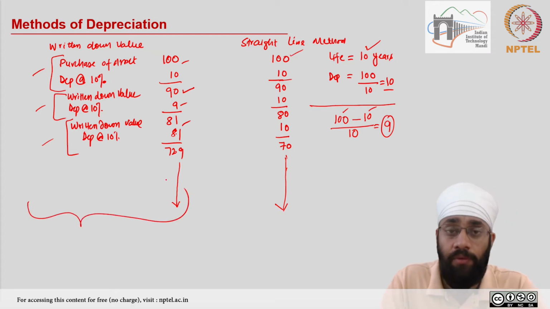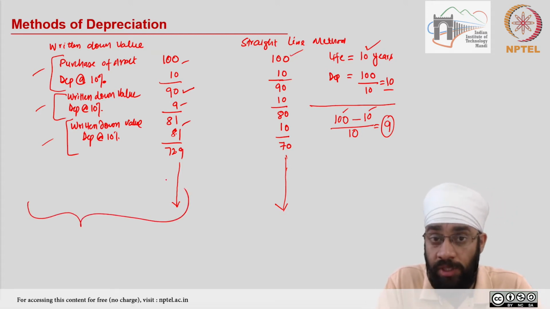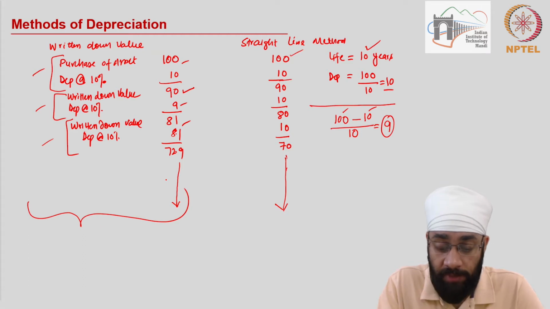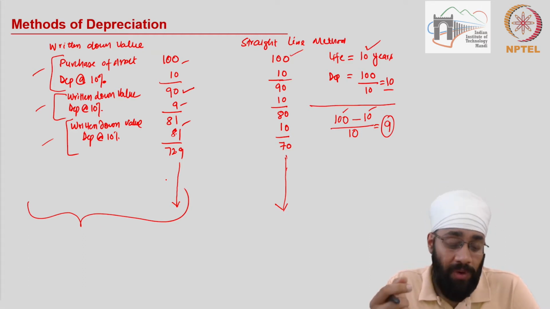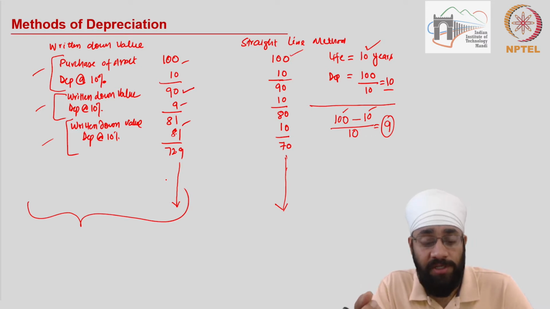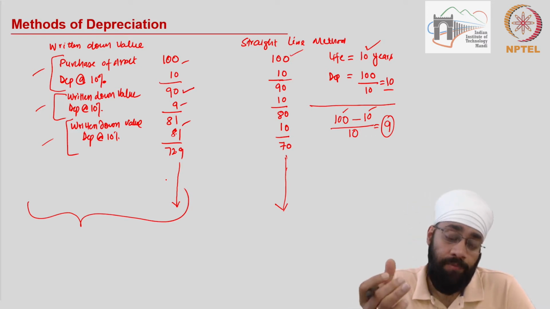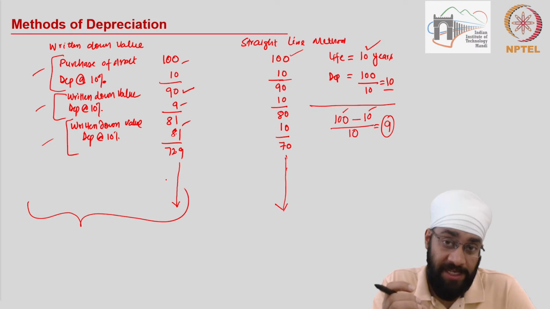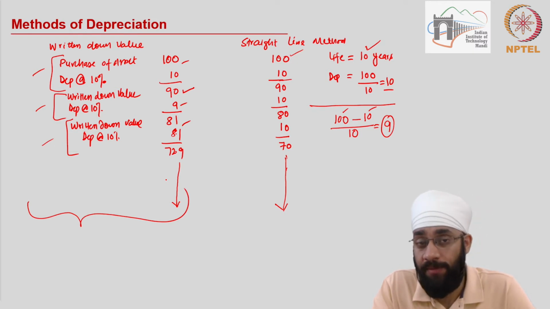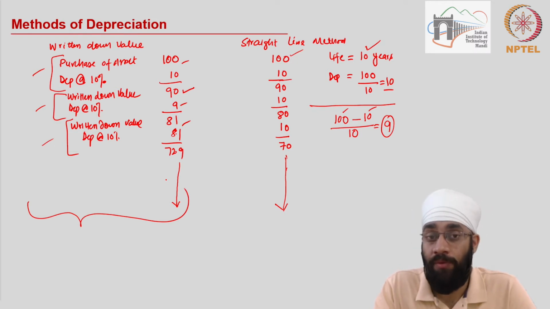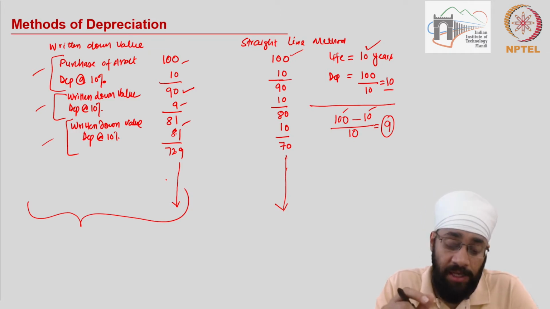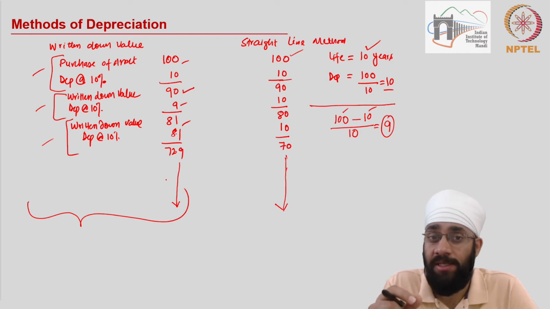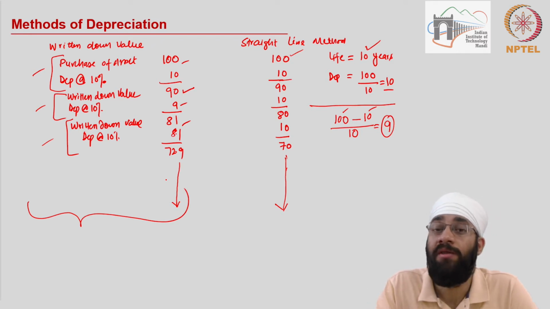The written down value method is what is used in accounting. Income tax authorities recommend this method. Now, why do income tax authorities recommend this? Because depreciation is an expense to be shown in the income statement, and you could manipulate your profits by using different depreciation methods. So for uniformity, for consistency, the income tax authorities recognize that when you have to calculate the